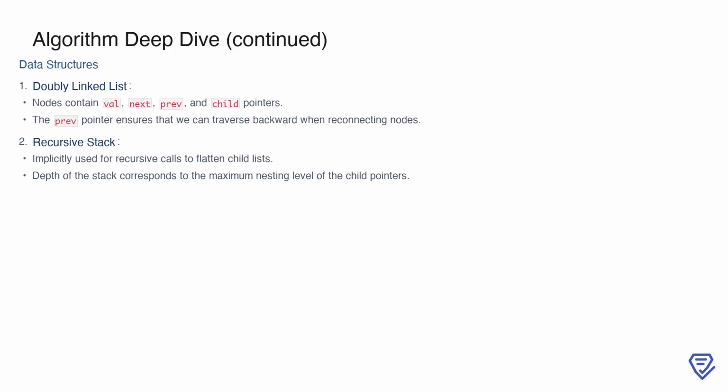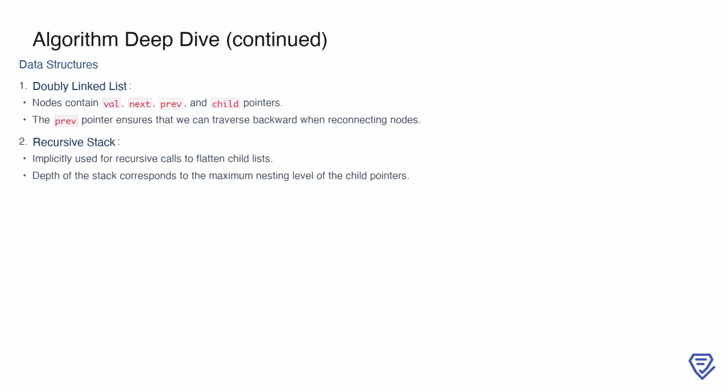Let's take a closer look at the data structures involved in this solution. At the core, we have the doubly linked list itself, where each node contains 4 pointers: val for the value, next and previous for forward and backward traversal, and child for pointing to a nested child list. The previous pointer is particularly useful during the reconnection process, as it ensures that we can traverse backward to maintain